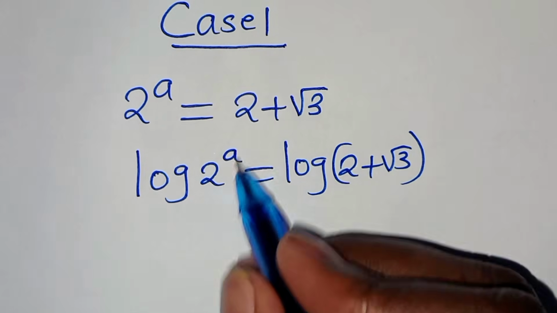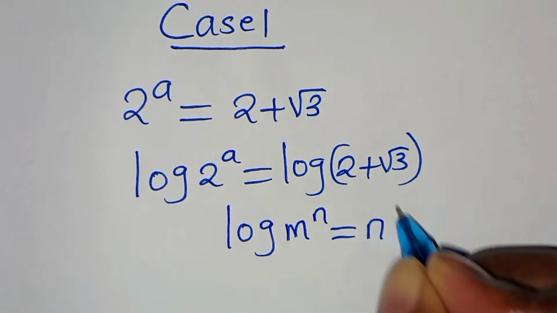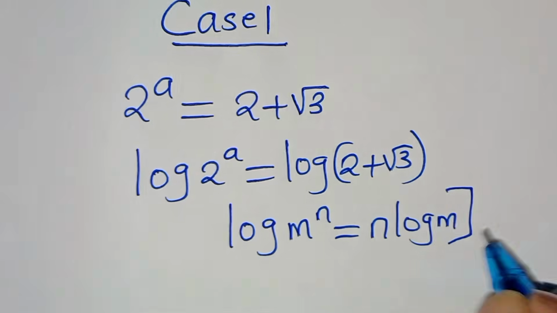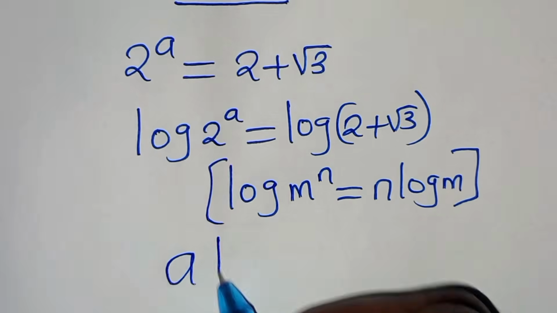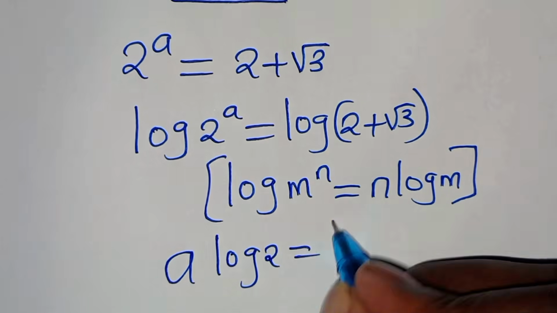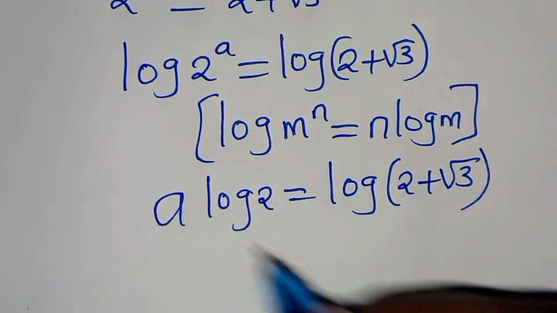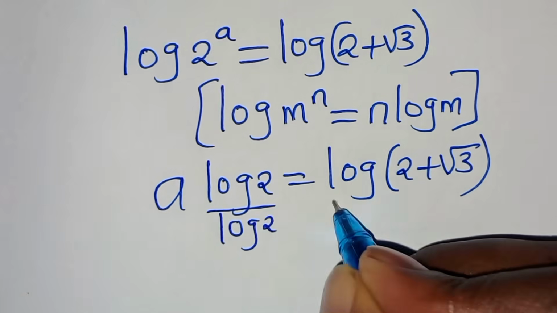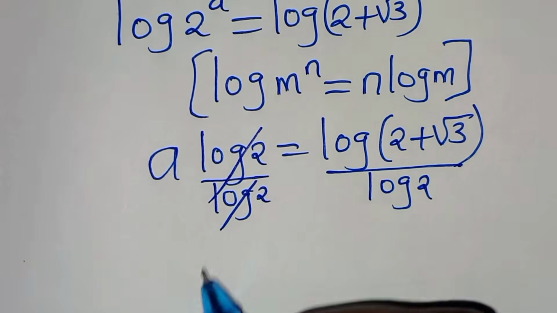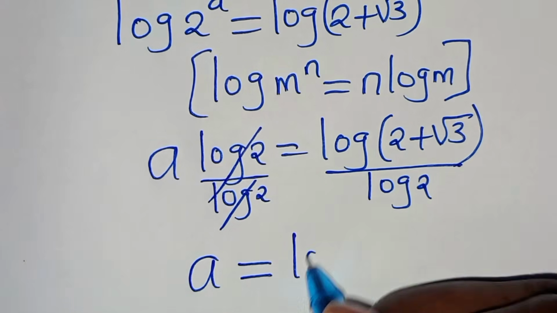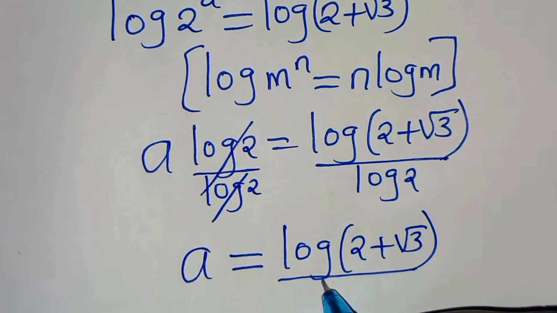Now we have that log 2 to the power of a. This is in the form of log m to the power of n, which you can express as n log m. Applying this power log property, this implies that log 2 to the power of a becomes a log 2. This is equal to log of 2 plus square root of 3. So let's divide both sides by log 2. Now we can simplify log 2 and log 2 here, so that a is equal to log 2 plus square root of 3 divided by log 2,